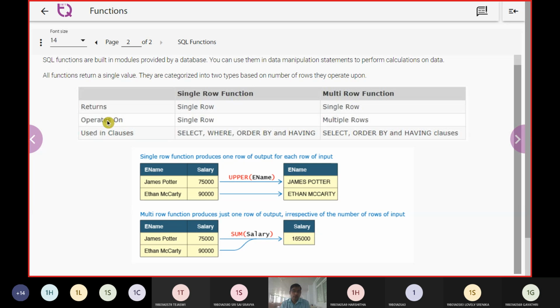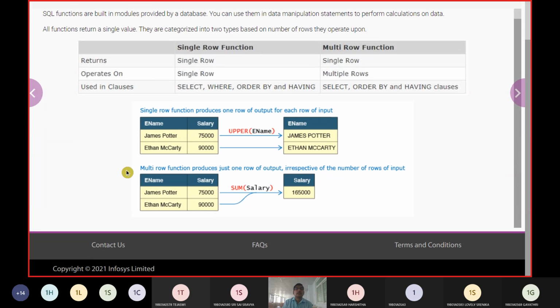When they are applied to a single row and merged with some operations, they can give multiple rows. In single row functions, we can use the select command with where, order by, and having. And in multi-row functions, we can apply order by or having, etc.